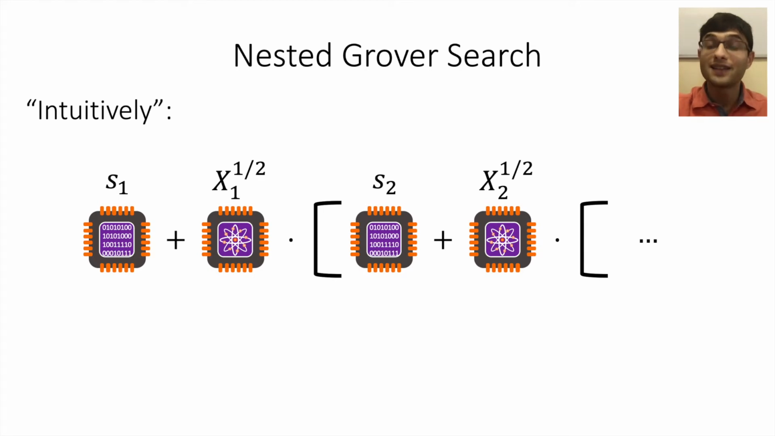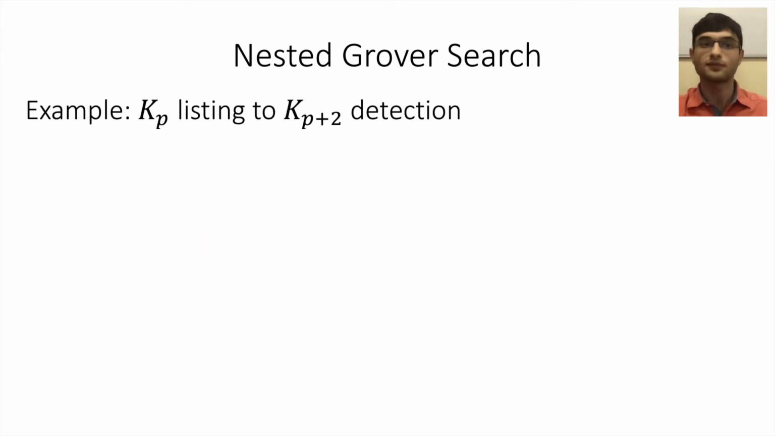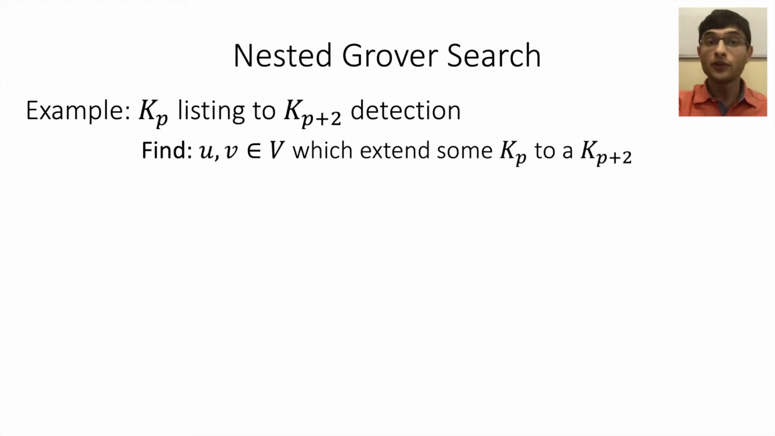Intuitively, what we get is nesting the Grover searches. We have some setup cost, which is some classical algorithm that we run, and then we perform some Grover search. And the checking function itself is also a Grover search, which nests other Grover searches. For example, let's see how we extend by 2. When we try to extend by 2, we have already listed all cliques of size p, and we want to check